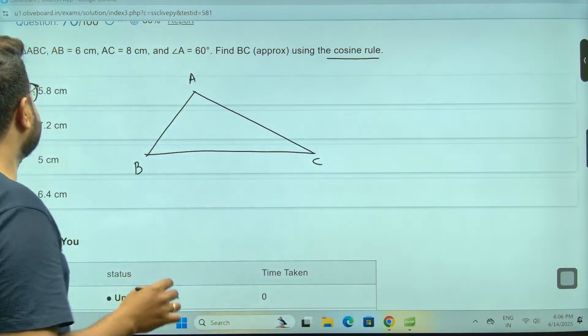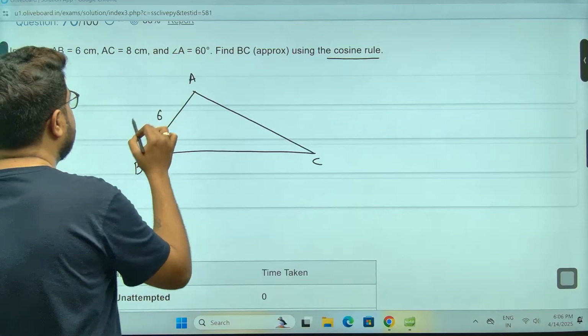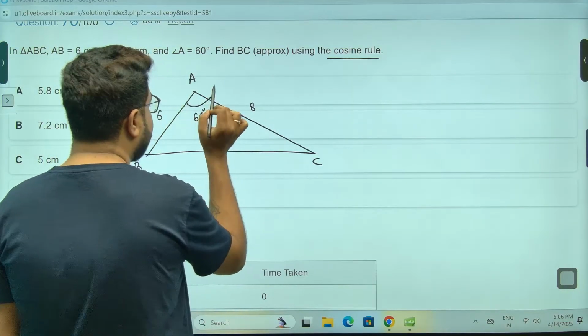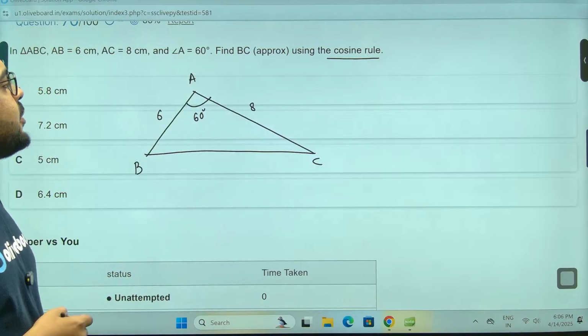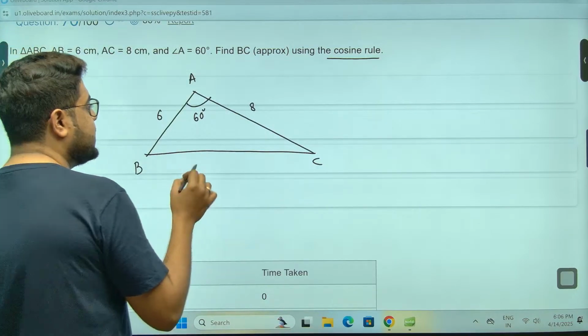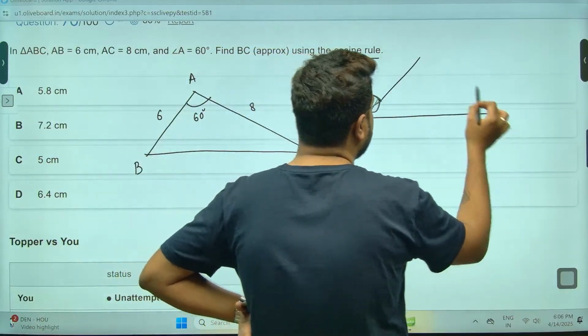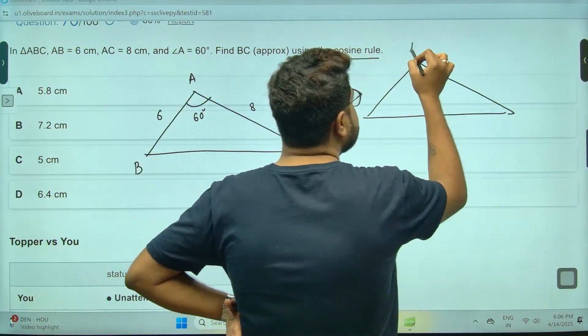In triangle ABC, sir, AB is 6, AC is 8. This angle is 60 degrees. Find the length of BC using cosine rule. So remember one thing. Remember one thing. If you don't know what cosine rule is, sir,